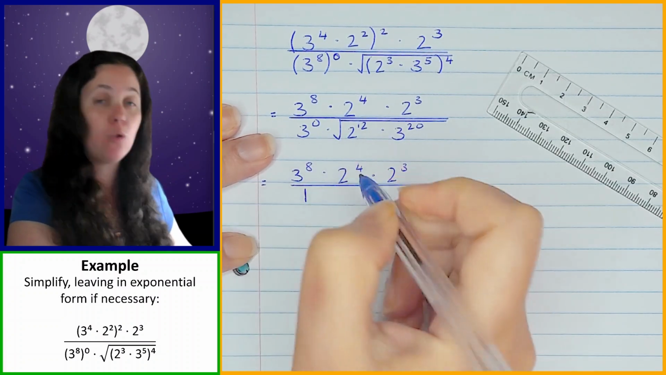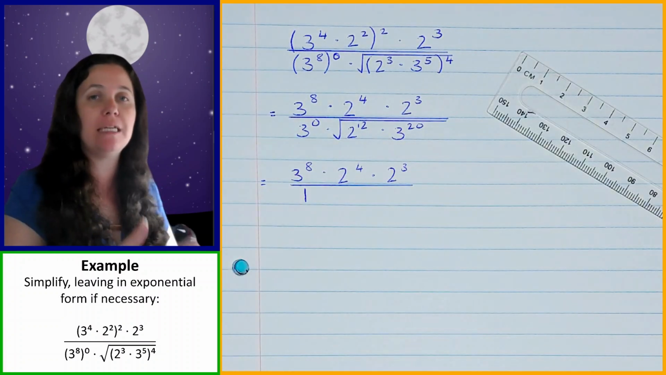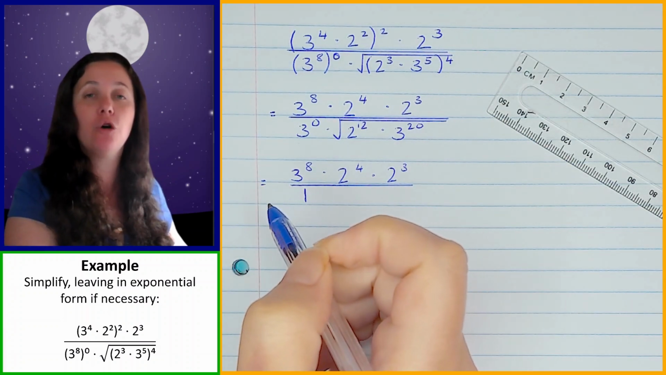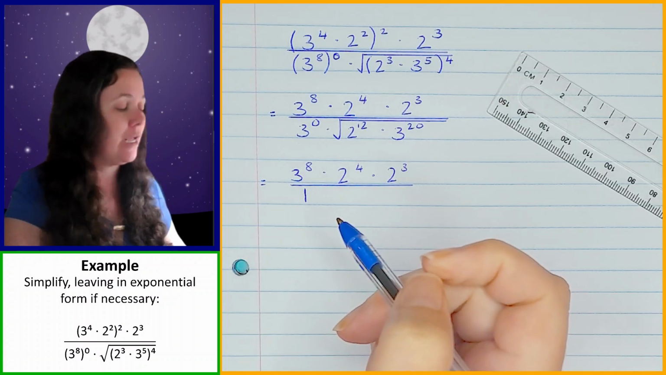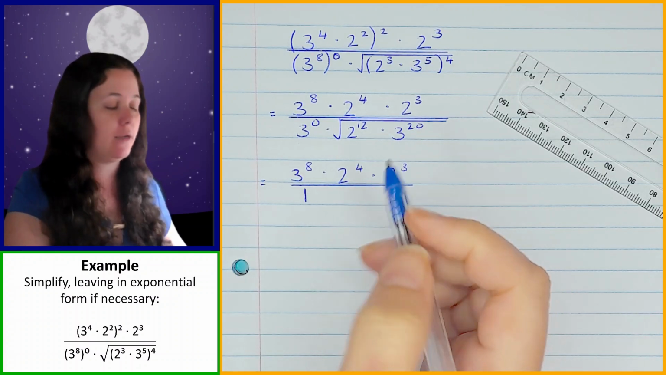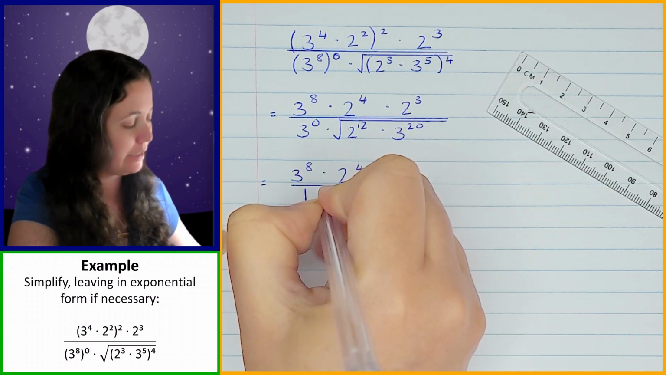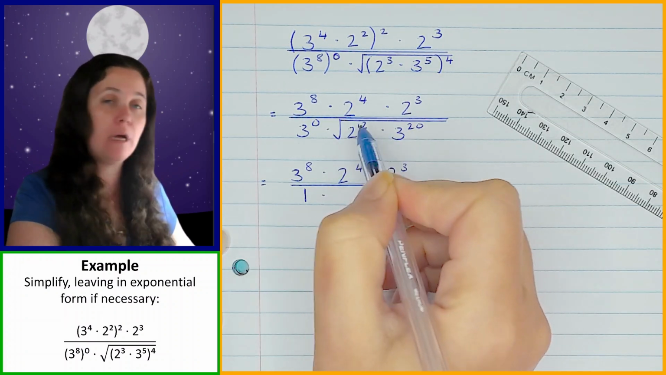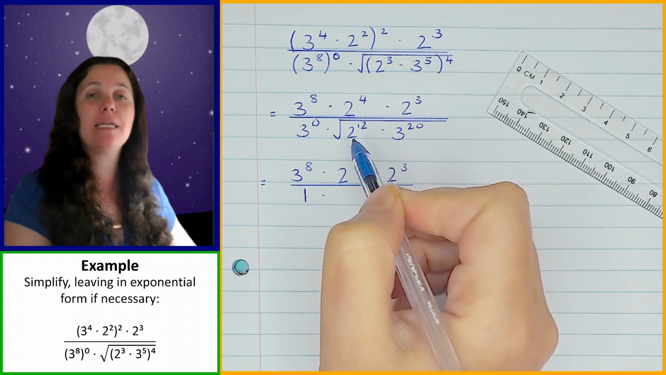So I can change that to a 1, but please don't just drop it. Don't just leave it. You need to show that you're changing it to a 1 so that the person who's marking your work knows that you didn't just forget to write it down. They know that you were changing it to a 1. Okay, so it's 1 times, and then over here,